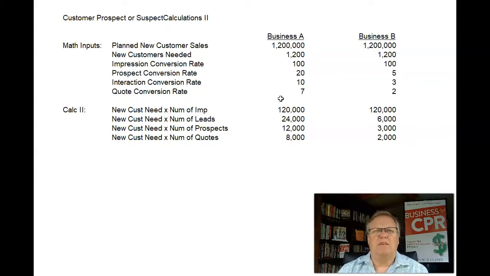As you can see, they both need the exact same number of impressions, but notice the drastic decrease in the number of prospects needed from leads that turn into quotes. Because these conversion rates are managed by getting rid of those that are time distracting and a waste on resources, they're able to be forced into generating fewer of those prospects out of their leads.